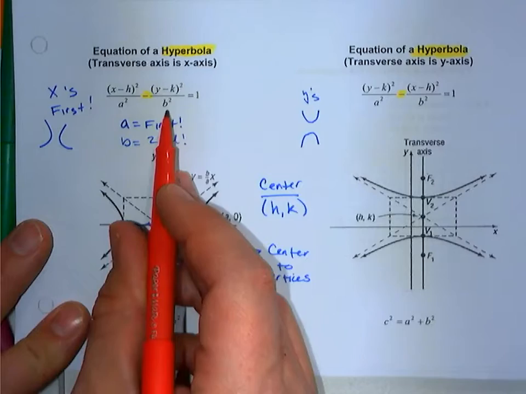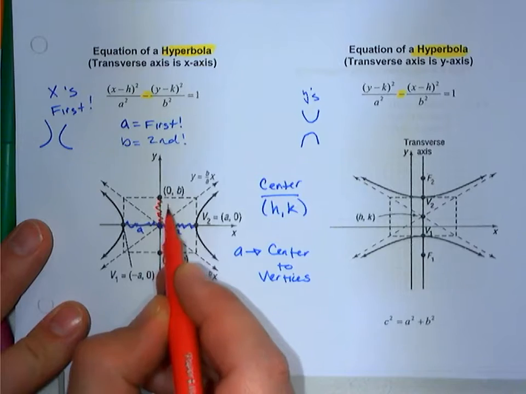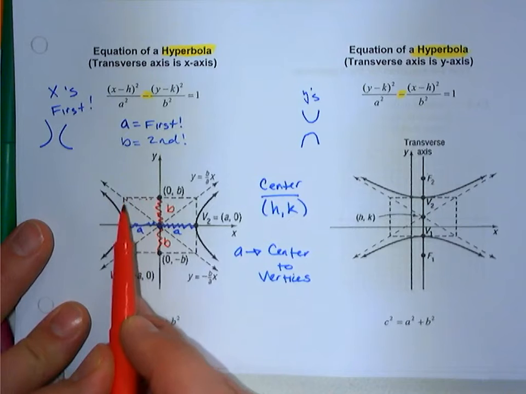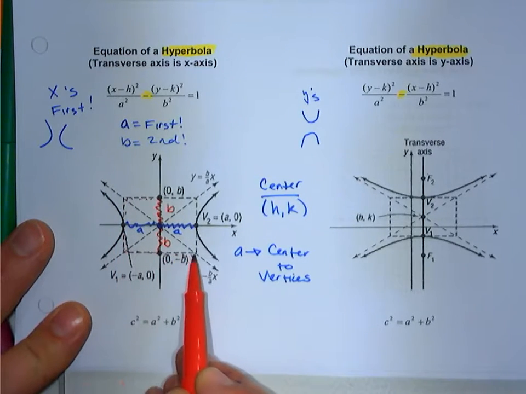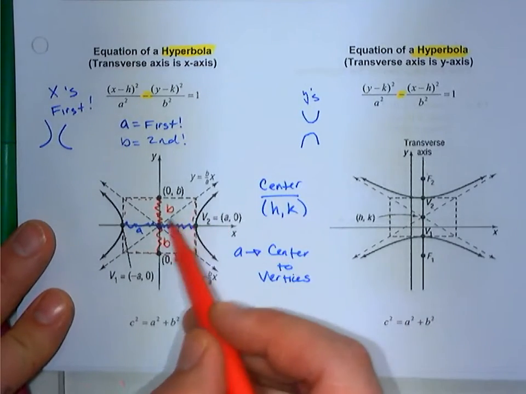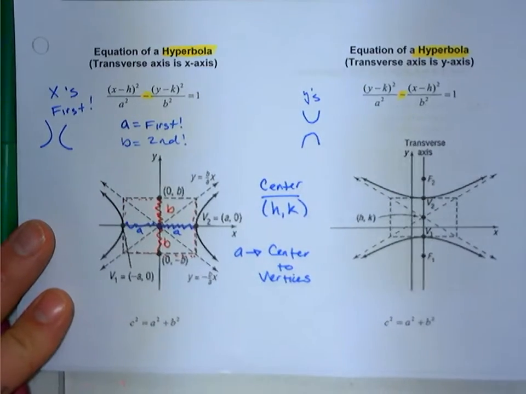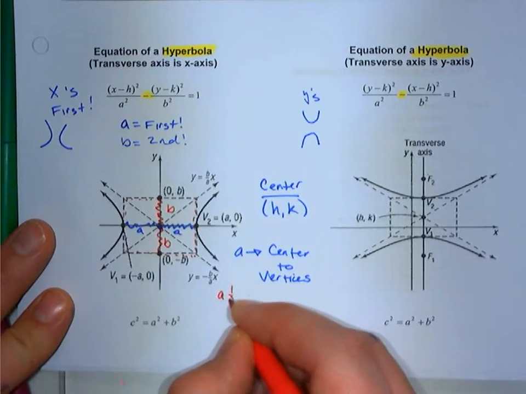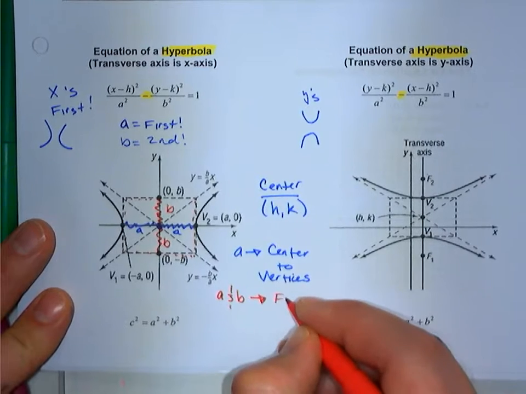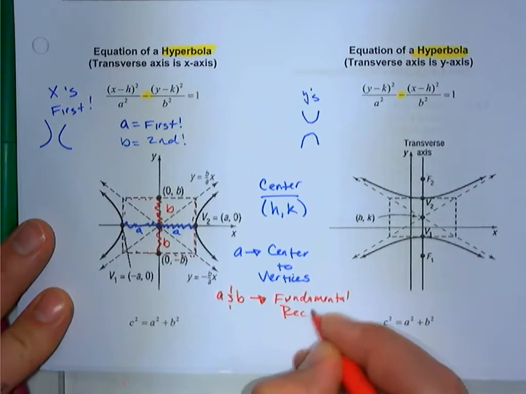Your B value is always the second guy. If it's underneath y, we go up and down B. And then we use that A and B value to make what we call the fundamental rectangle. The fundamental rectangle allows us to come up with these asymptotes, which will go corner to corner through this rectangle. So A and B, we use for that fundamental rectangle,